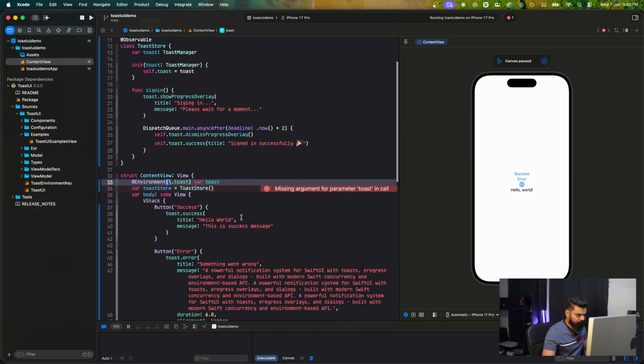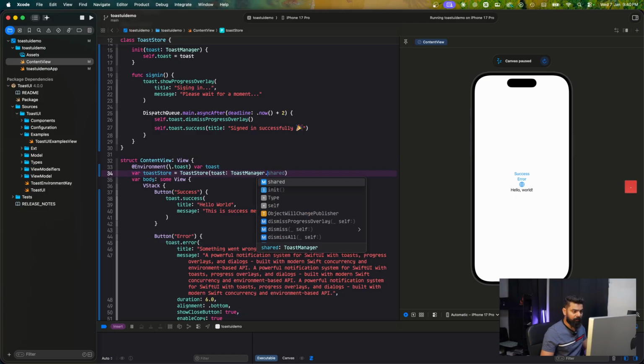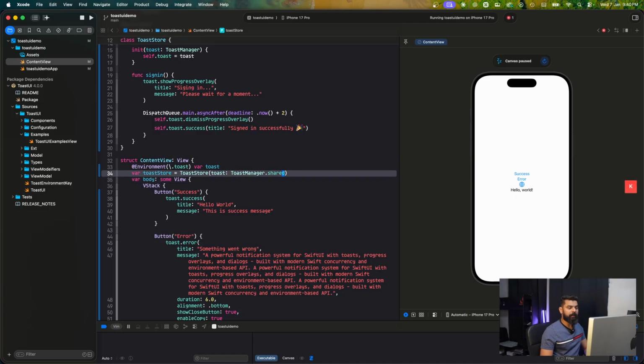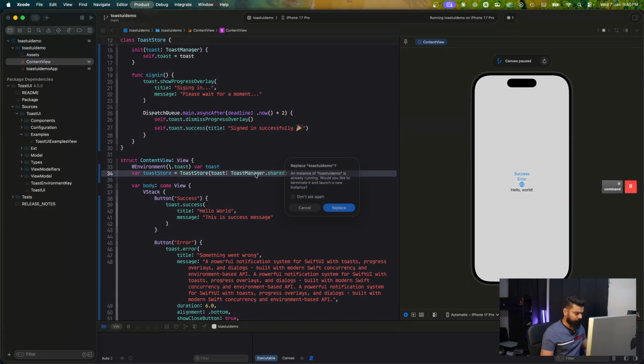And now what we need is how we can pass it here as basically an initializer, how we can push it as a dependency. Okay, so we can just do it like this. Here it is expecting toast, and we need to pass ToastManager.shared. I have already created it so that it is initialized inside the class, like a singleton class. So we can easily pass this as a dependency. And now if we rebuild it again,